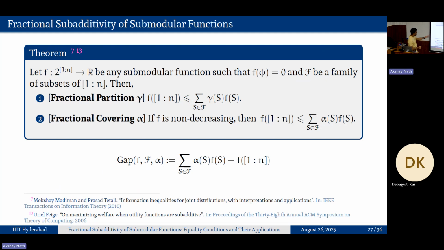Right. So here we have this. There is one caveat: we want f to be non-decreasing for this to be true. And it's a facet of the proof more than anything else. No, actually, it's not just a facet of the proof. For other functions, you know that this inequality is not true. You can find counterexamples. Right.